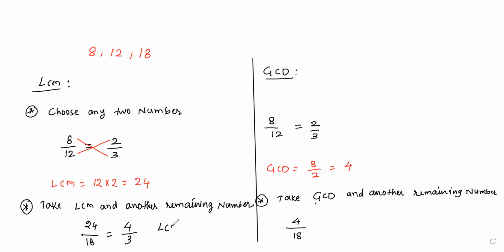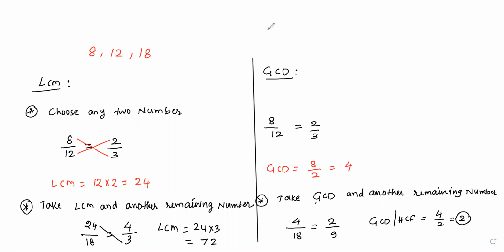So for LCM, you can take the easiest one, I think. So 24 times 3, that is 72. So here the LCM will be 72. Come to this one, 2 4s, 2 9s. So this is the simplest form. Here the GCD or HCF is 4 by 2, that gives us 2. So 2 is the GCD of the given numbers.